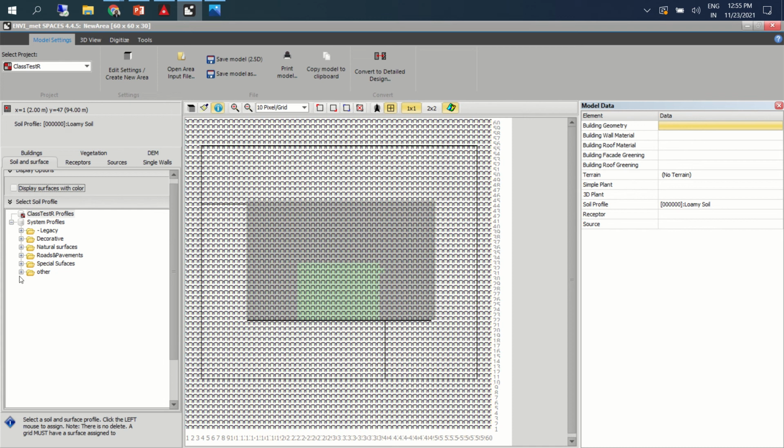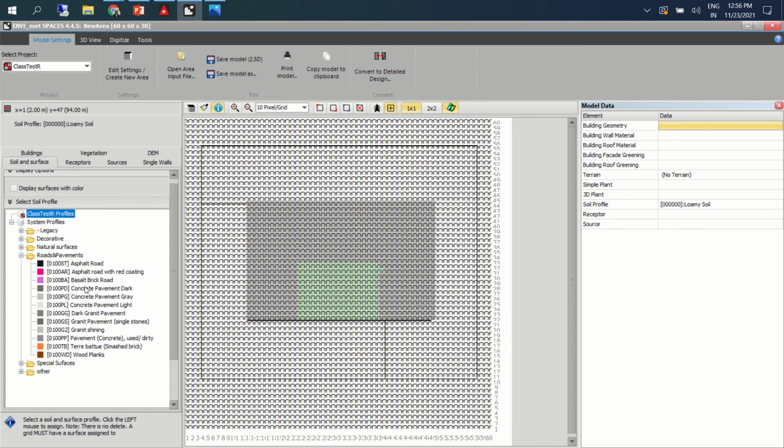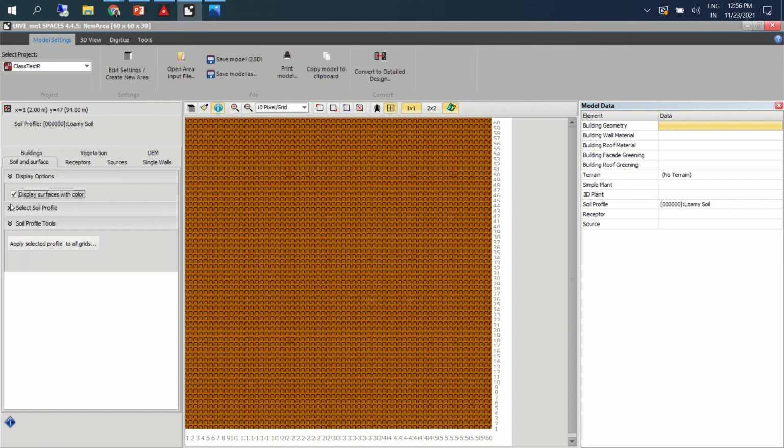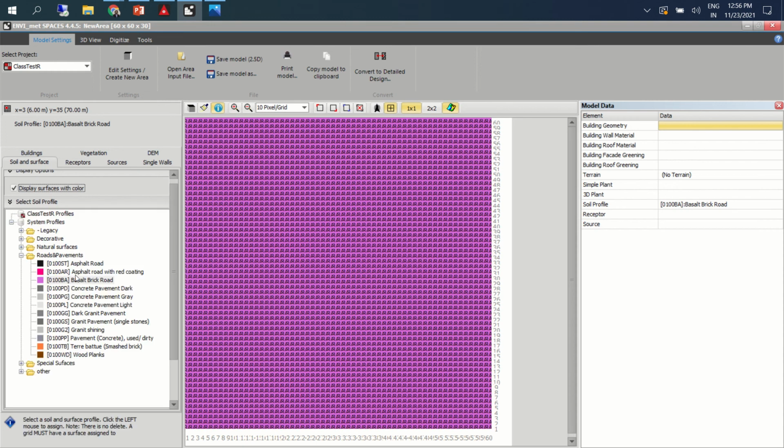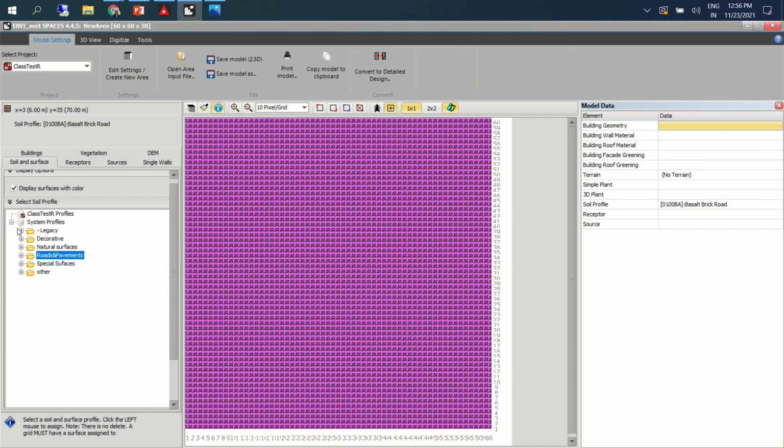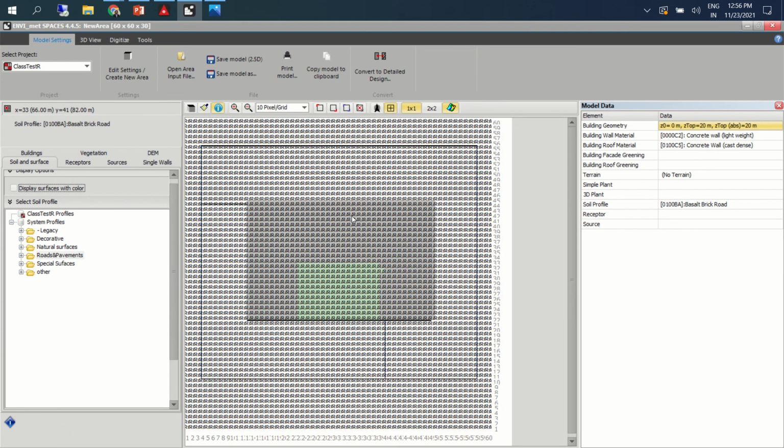You can do that, or you can apply any material that you want. Let's say I'll add some material here. I have just assigned this particular material, which is brick, road or whatever.